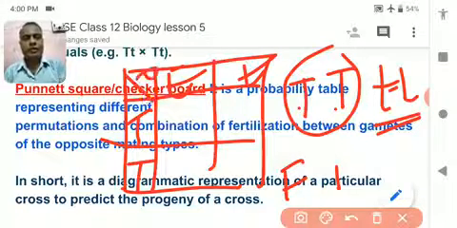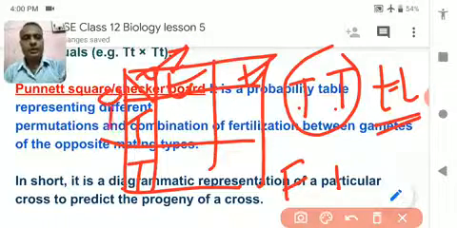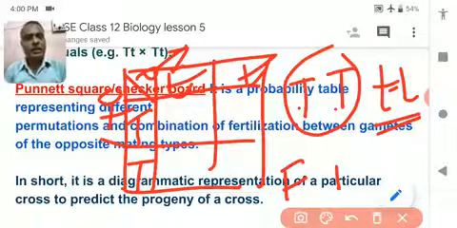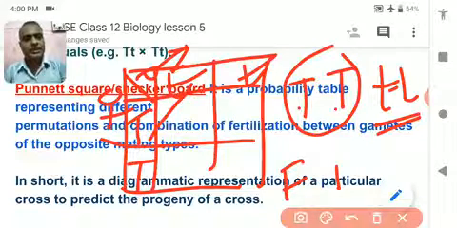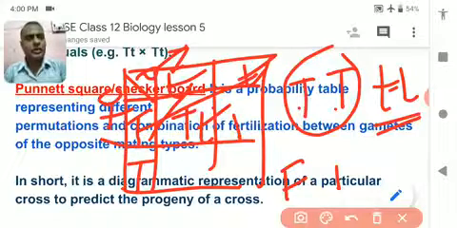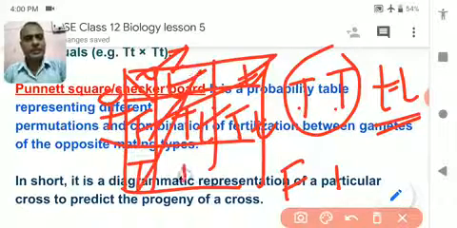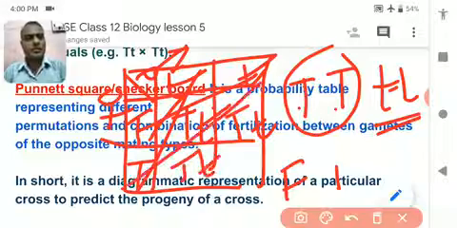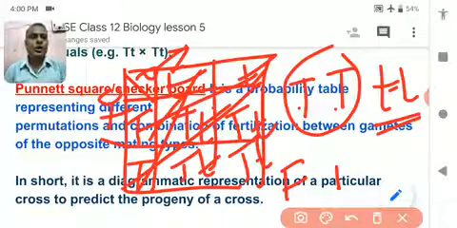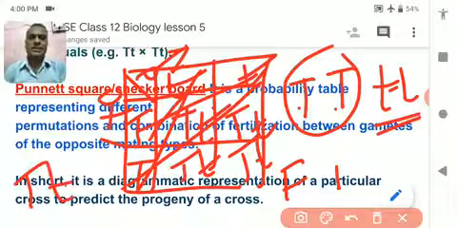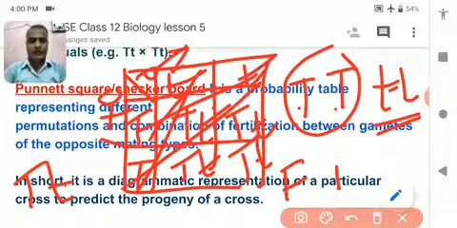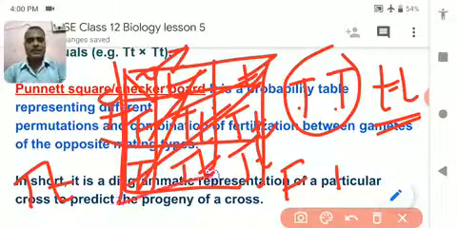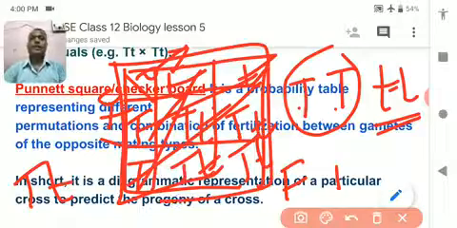And here you will have to show the male and female sign. What will happen? Capital T and small t together form capital T, small t. Similarly here, capital T, small t. This one again crosses to capital T, small t, and this one again capital T, small t. So all offspring produced are capital T, small t. See, and this is the square that has been made by Punnett for crossing, called the Punnett square.